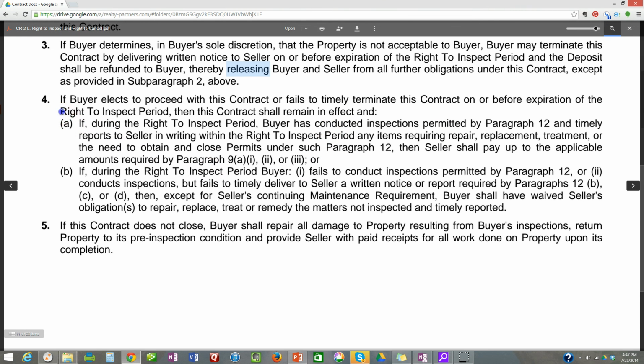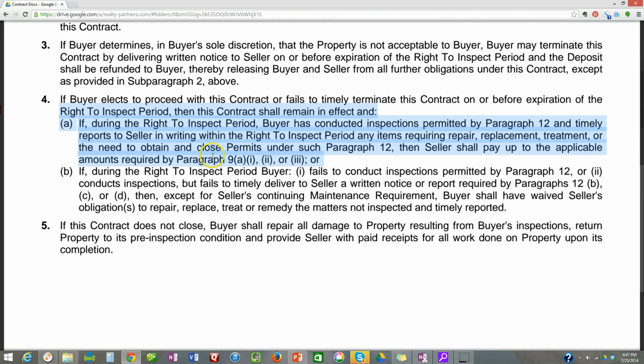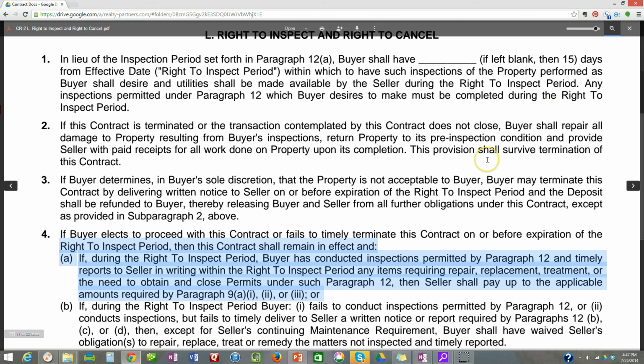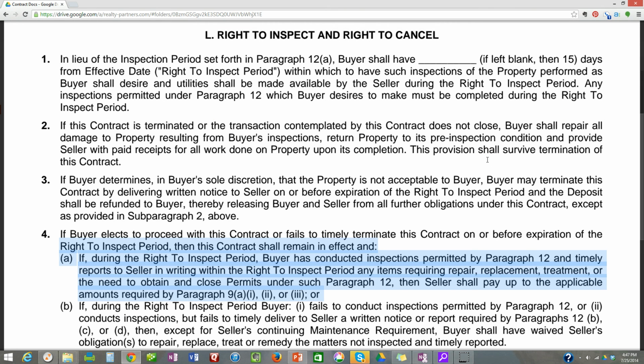And the key difference here is that the seller is still obligated to make repairs. So with the right to inspect and right to cancel addendum, basically the parties are saying, okay, the buyer has so many days to do the inspection, and they can decide if they want to move forward with the contract or not. If they do move forward with the contract, then the seller does have to make repairs as agreed